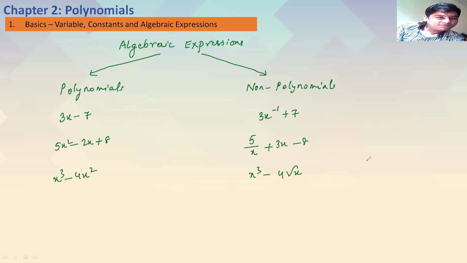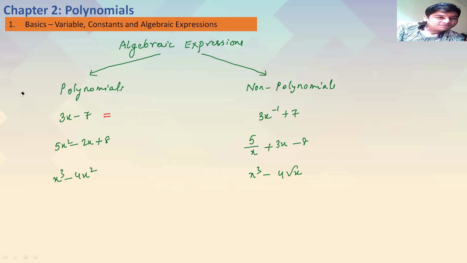What differences do you see in the two sections? In the polynomial section, they're all raised to positive numbers, but in the non-polynomial section, 3x is whole raised to minus 1. Very good. That's what I wanted you to figure out. Wonderful work. If you write it in a standardized way, this polynomial,